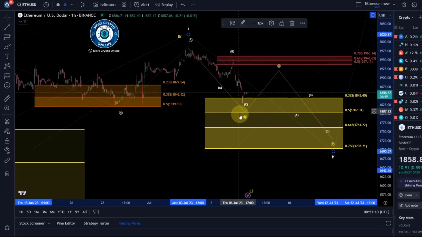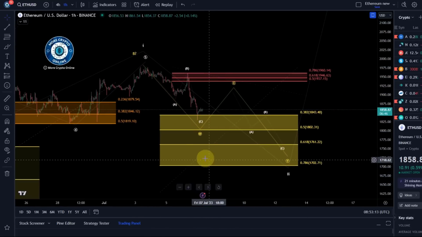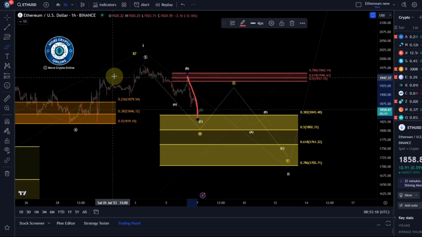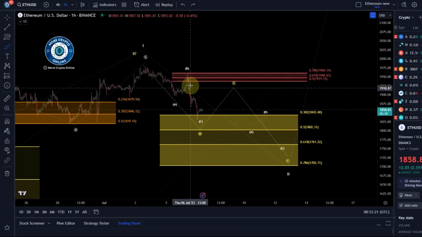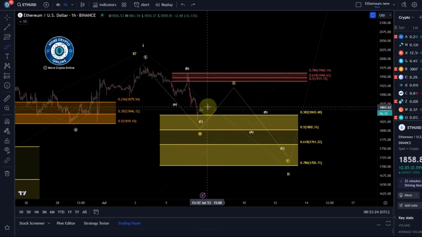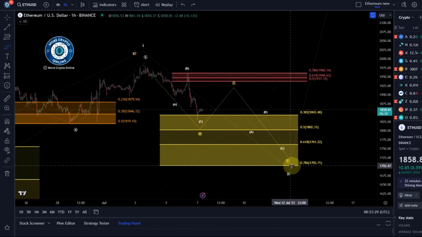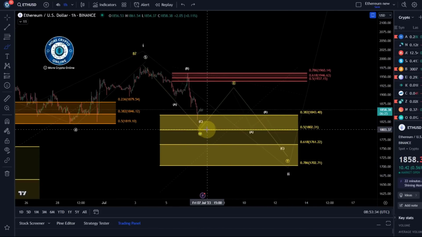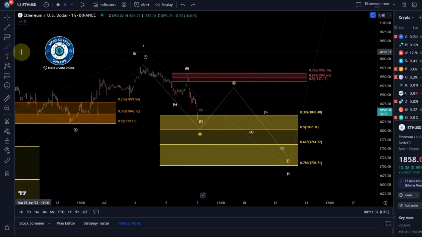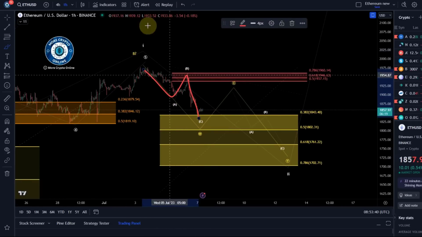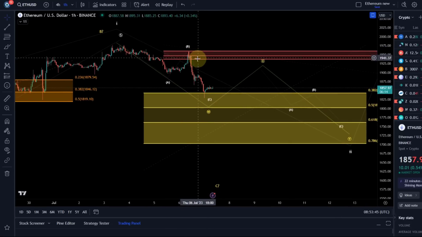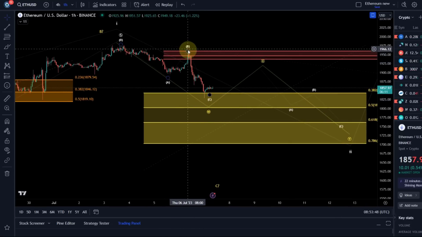Now, certainly, there are different ways of counting this. This is just an idea because I don't like the look of this C wave. Not at all. This leaves a lot of room for interpretation. Best to focus on the support ranges that are relevant here for a wave 2. If we really are in a sort of WXY structure, the idea is maybe an ABC here, but this move down doesn't look like a C wave.